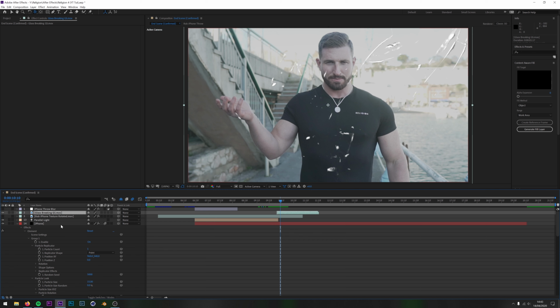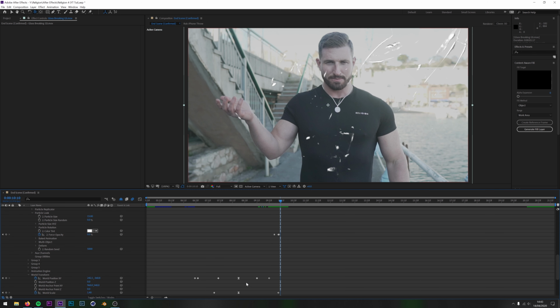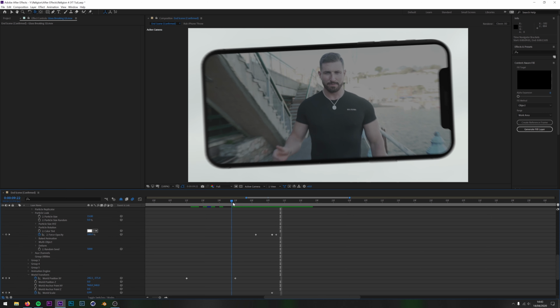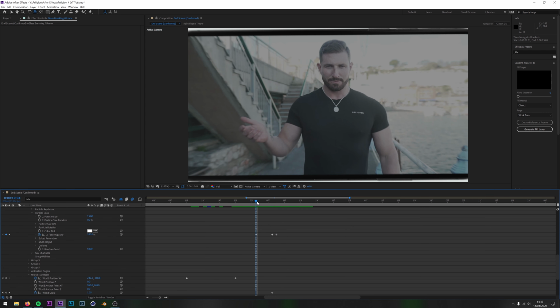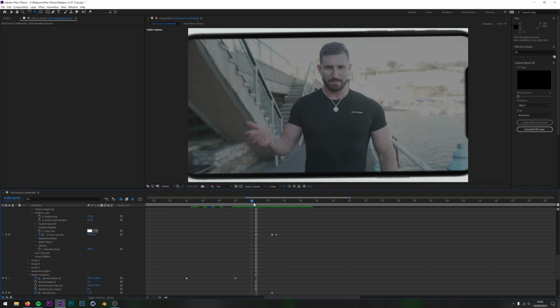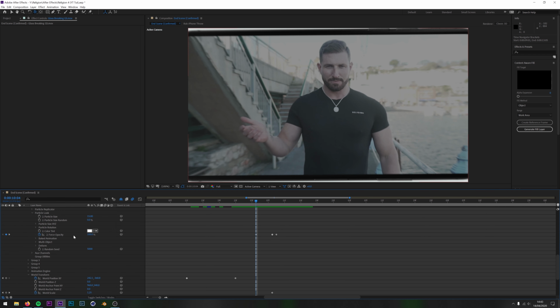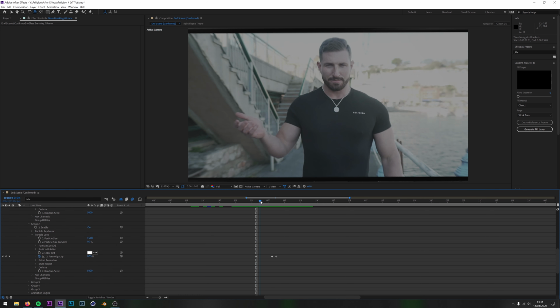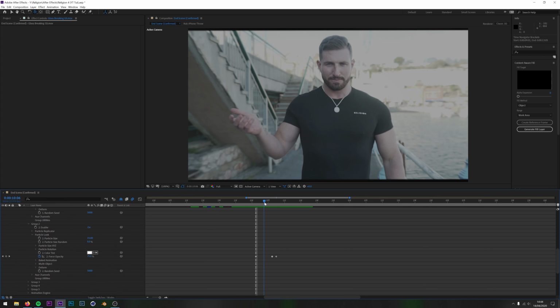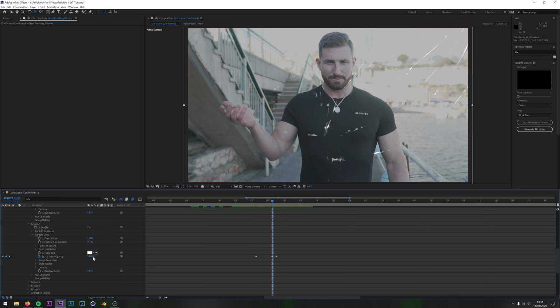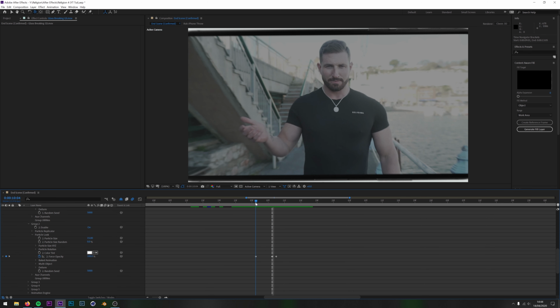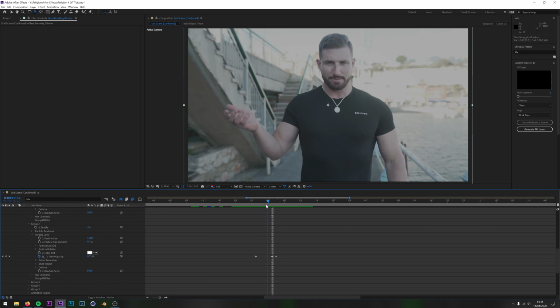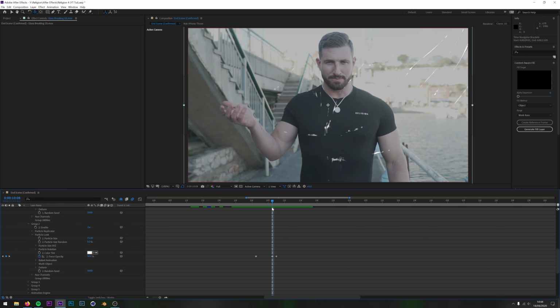Other than that, the only other thing that you might notice is that as the phone gets closer to the screen, you'll notice that it gets a bit brighter. And that is because I've adjusted the opacity of group 2. All right, so as the phone gets closer, you'll see it looks like the screen gets brighter. And if you watch this opacity setting, it will change. From there, it goes 100 down to 50 at this one. And then from 50, it goes down to 0.